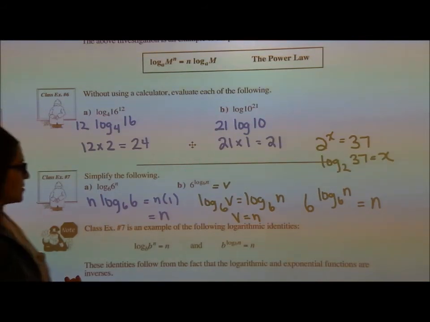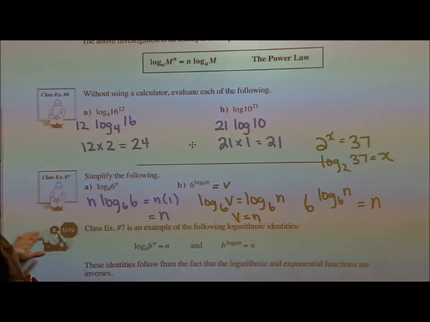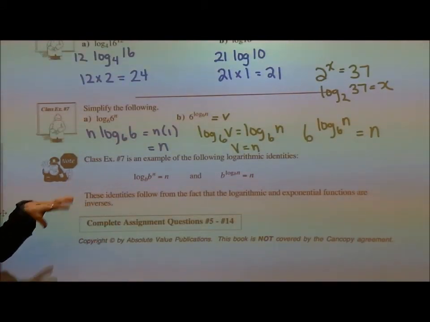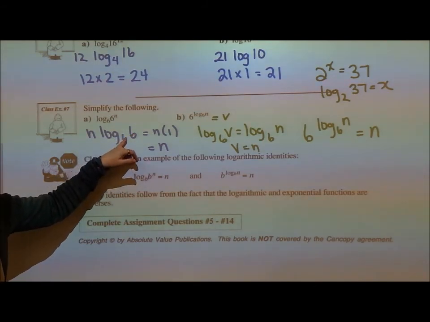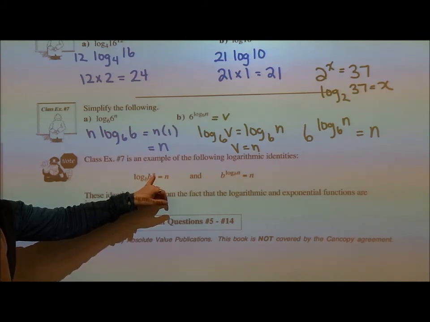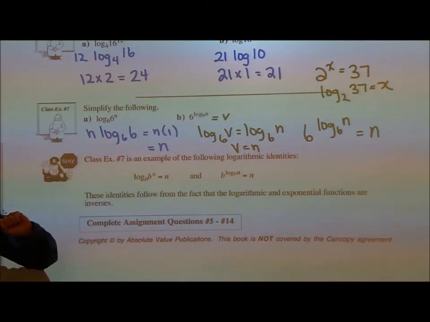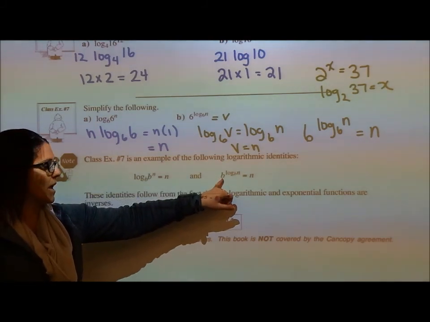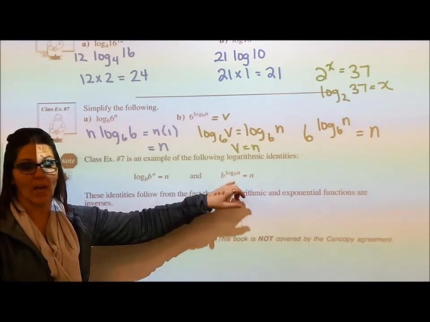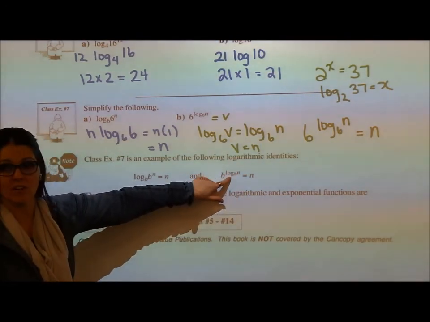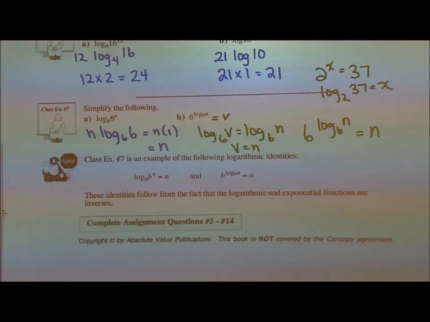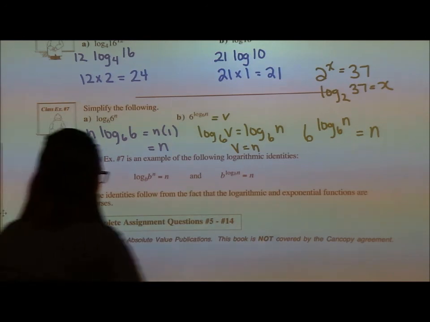So these give us two log identities. These logarithm identities are not on the formula sheet, but they are useful to know. The first one: when the base and the argument are the same, the value is the exponent, because when I bring it out in front, I get that n. And then if I take a base and raise it to a logarithmic power that has the same base, they cancel each other out, because exponents and logarithms are inverse operations. Okay, so the questions I want to add is 5